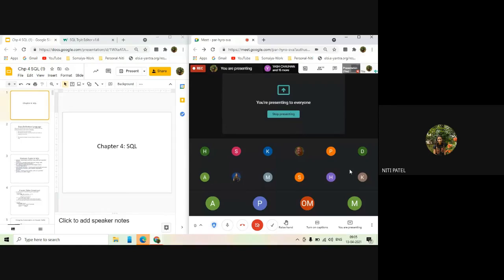We write the queries to insert the data into the table. After the data has been inserted, we may write queries to modify the data, delete the data, update the data, join the different tables to extract the data, perform many different kinds of operations. So all this we will be doing in this lesson. We will first see how to create a table, followed by how to use DDL and DML to insert and modify the details in the table.